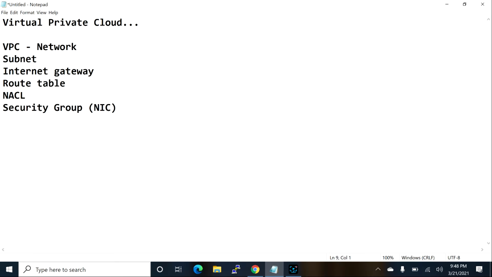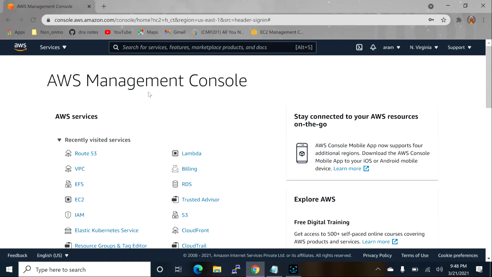So I'm going to VPC now. This is my AWS management console, and I'm searching VPC.